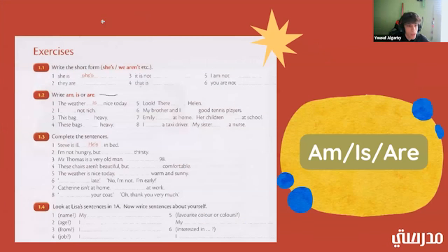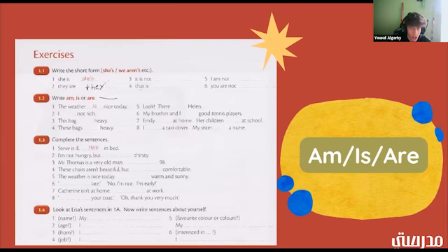So here we have some exercises. Okay. So all we're doing is we're writing the short form of words in this first part. So she is turns into she's. All right. Now we have they are. So if we have they are, how do we write the short form? They're. Good. So, and you'd write it They, then you put an apostrophe, RE. Okay.